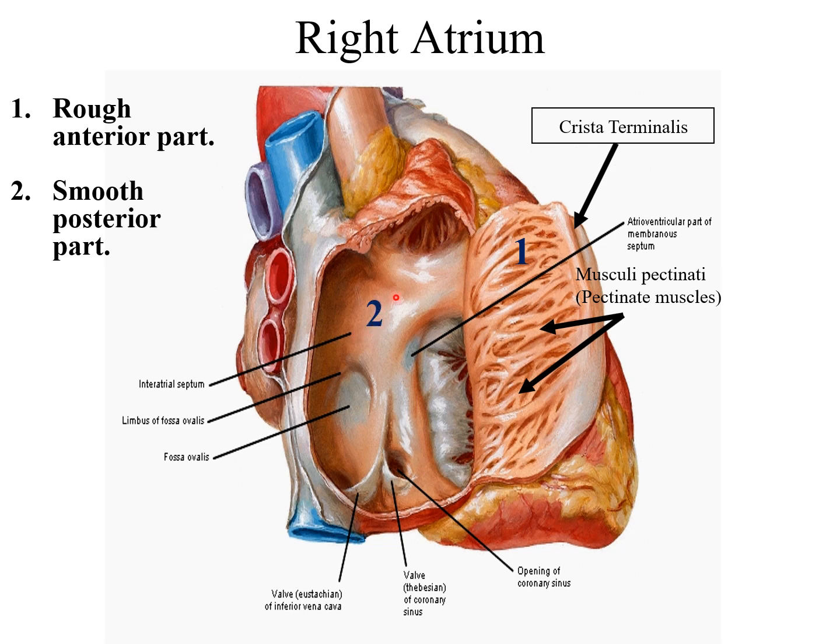So this smooth part has openings, as we can see here. We have an opening in the lower part or inferior part of the right atrium for inferior vena cava. We have an opening on the superior part for superior vena cava. Then we have an opening for a structure which is known as coronary sinus. Three openings we can see, and all these three openings are carrying deoxygenated blood to the right atrium.